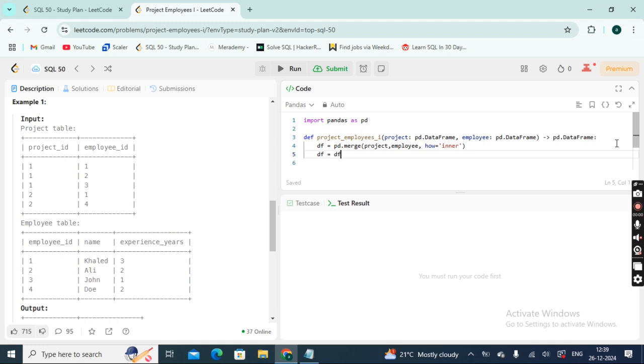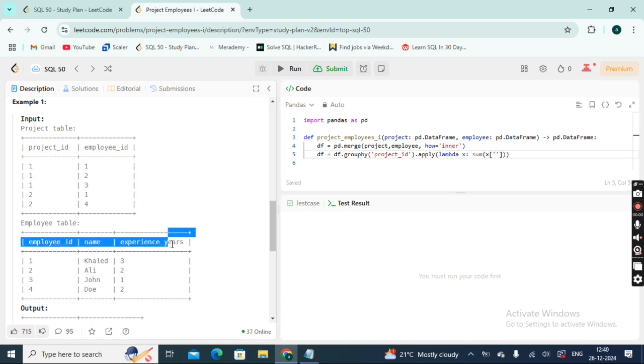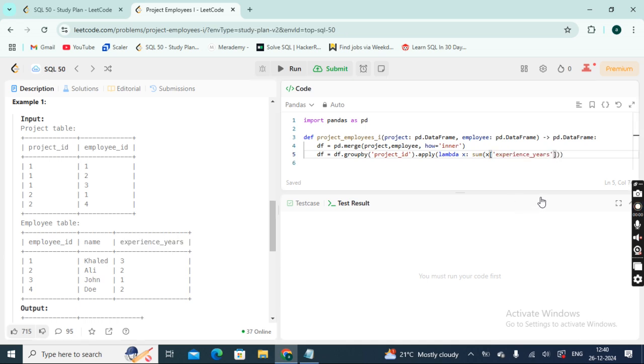So df equals df dot groupby project ID dot apply lambda of x, where we will sum x of experience. I just copy this thing so that it's not an issue,